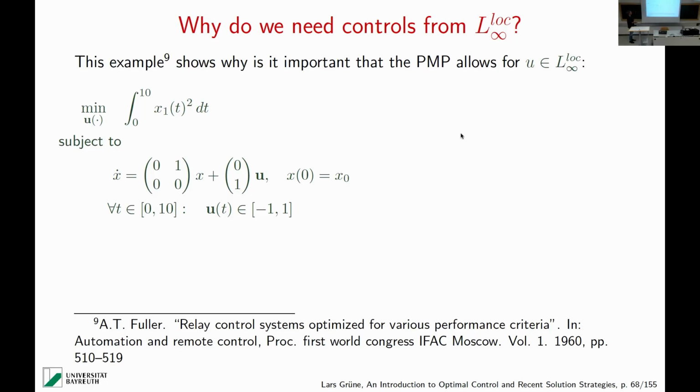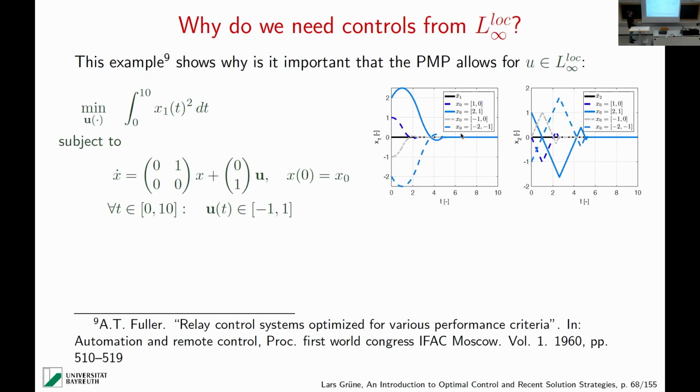Right? Starting from x0. And the solutions, they look like that. They are a bit small, I'm afraid. So this is the x1 component, so the position, and this is the velocity. And what you see here is that, interestingly, if we start here at 2, we first move away a little bit, but then we go down, then we overshoot a little bit, and then there's a certain point somewhere here. And from this point on, we are really exactly at 0. So the optimal solution drives the system exactly to 0.